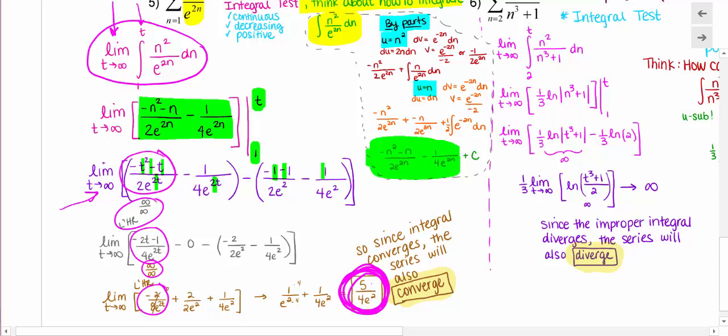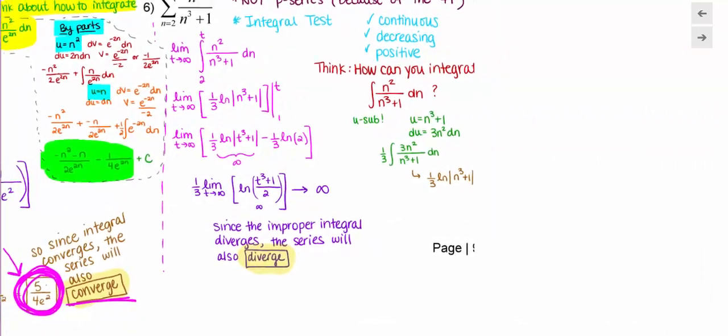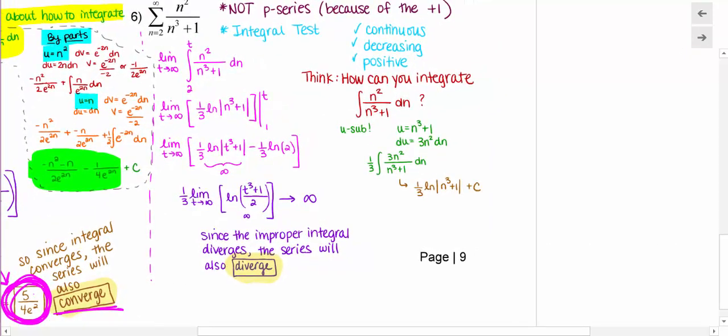So because of that, I know the series will converge, period. You don't say the series will converge to that number, you just say because the improper integral converged to that number, the series will also converge. And then the benefit is not all integration takes you that long. So if I look at this one, for example,